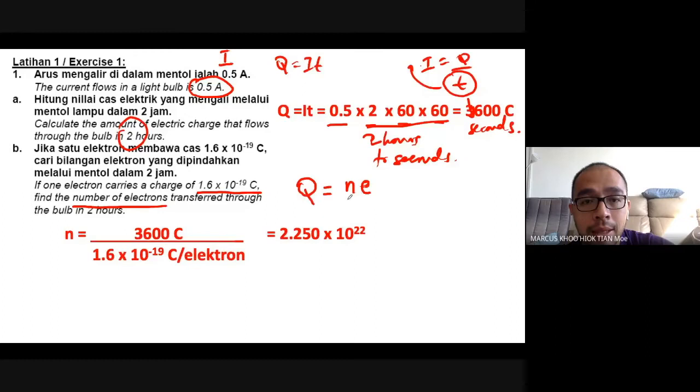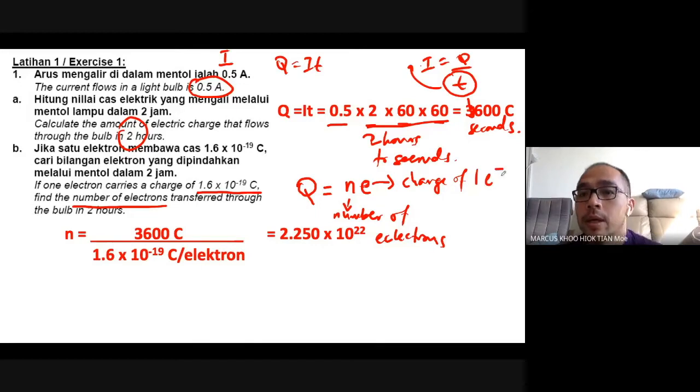Where N is the number of electrons, whereas E is the charge of one electron. Q equals N times E, which is the number of electrons multiplied with the charge of one electron. So if I want to find the number of electrons, the charge is 1.6 times 10 to the power negative 19. Since it is 2 hours, the Q we have already counted here, which is 3,600